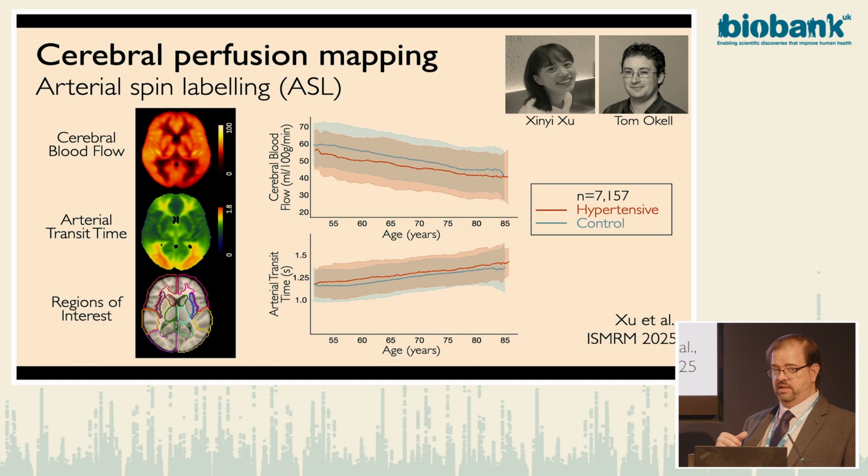And recently, the latest modality that was added to the protocol that I mentioned before was ASL, arterial spin labeling, and that allows us to study the cerebral blood flow. And in a study that will be published soon, we use this modality to find differences between hypertensive patients and controls, and how that condition would affect the cerebral flow or the arterial transit time. But these are just some examples of the research that can be performed, and that's just our lab, and the data is used